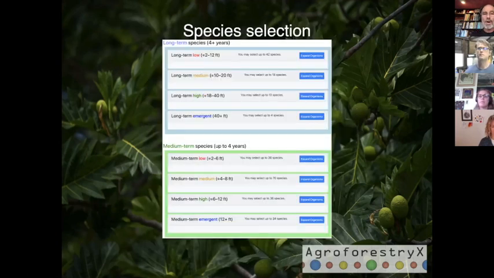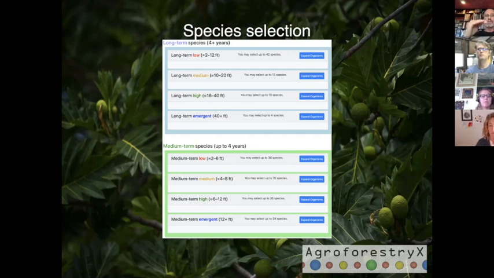The next part of the tool, after you've selected your planting pattern, is your species selection. And Neil's going to go through how this works. Essentially, you're presented with a list that is broken down in terms of the time frame in which it's in your agroforest, long-term and medium-term. That's in time, as well as in space.